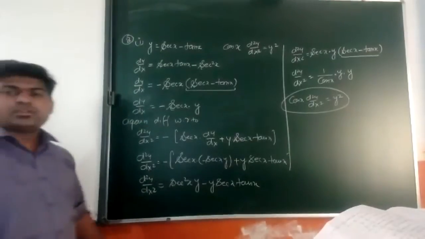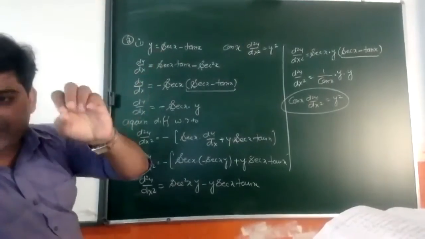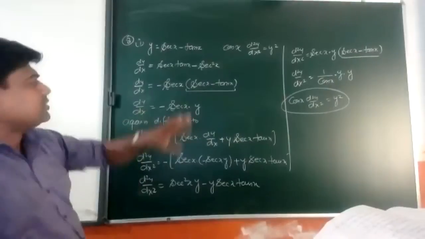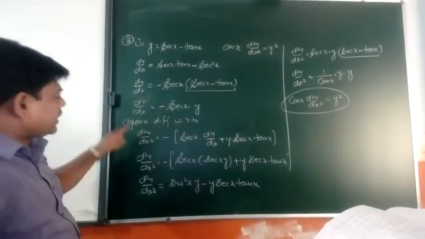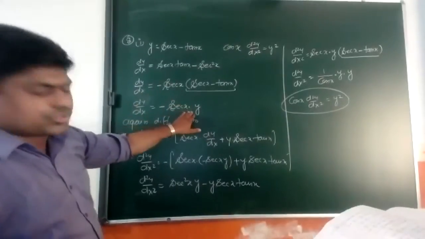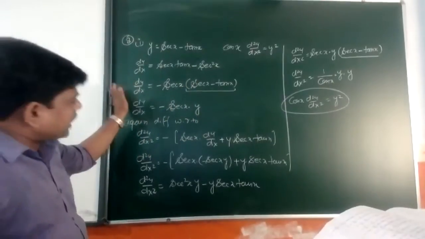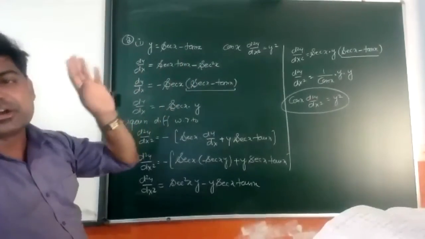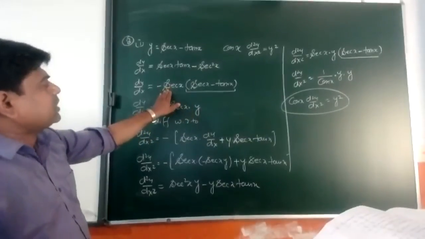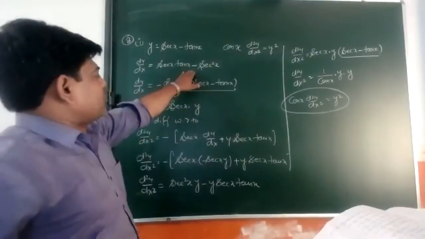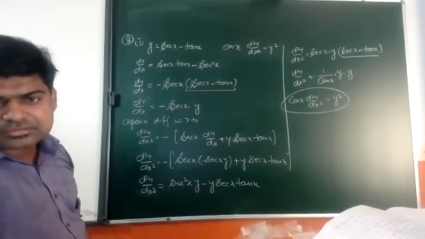Please go through it. Should I repeat what I have done? One more thing, the same question can be done by a different method. I took dy by dx, then dy by dx is equal to something, then again I differentiated. Instead of putting the value of y, we can also do it directly. No problem. Directly we can differentiate, and we will definitely get our result. If I am not substituting this value of y, it can be written as sec square x as it was there, and we may apply d2y by dx square again.